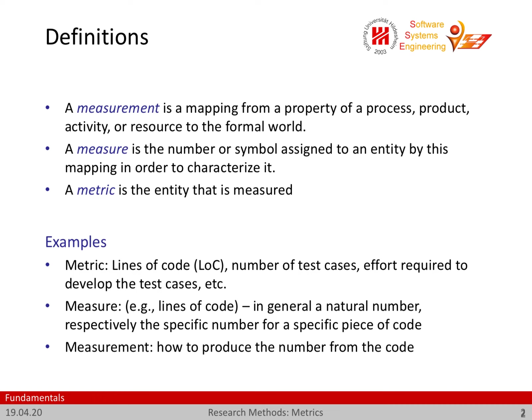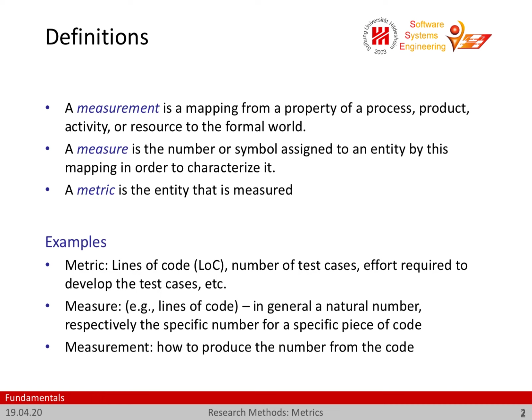So for example, the measurement procedure could be take the original code, forget about all empty lines, forget about all the comment lines. If there is more than a single statement on a single line, then this one counts as multiple lines, and all declaration lines and other lines filled with pieces of code count. Now produce the number of all of these entities. That's roughly how a measurement procedure would look like.